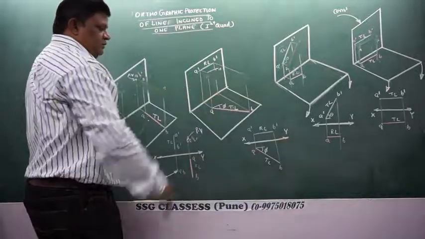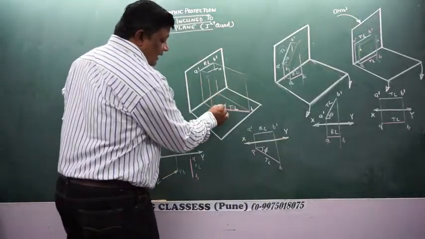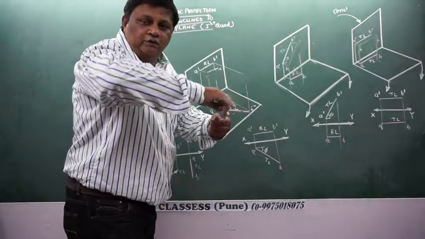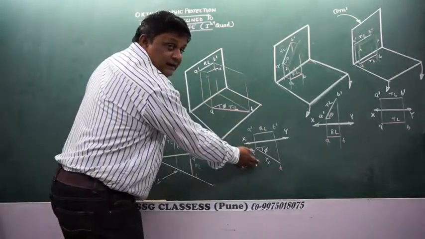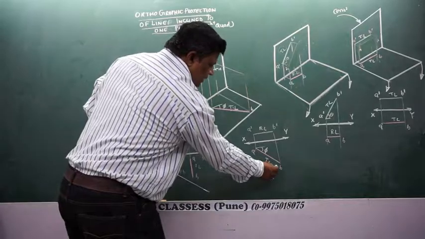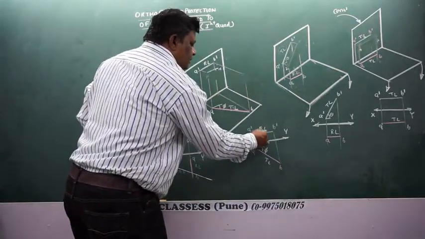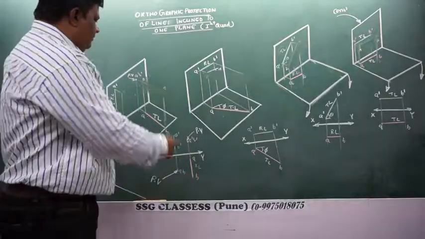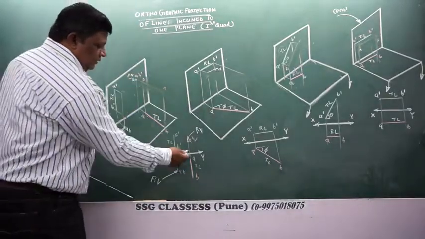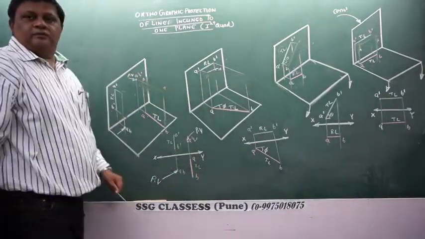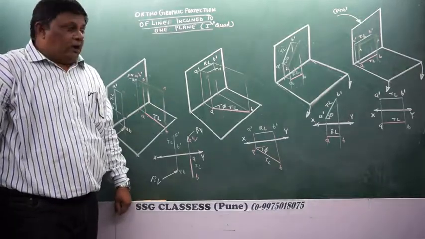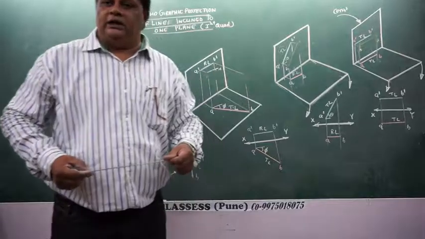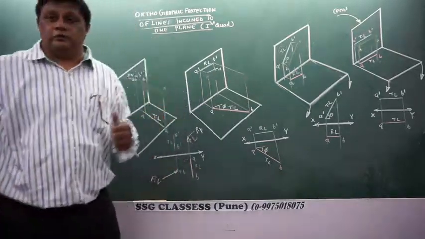Coming down to this one, what is going to happen? The angle phi, which is seen to you in the top view, will now go down with the line. So this is the true length. Here I have the reduced length in the front view. Okay, and then finally the point views and the true length out here. Now, as we will be working with the two-dimensional views, definitely I have to make some thumb rules.